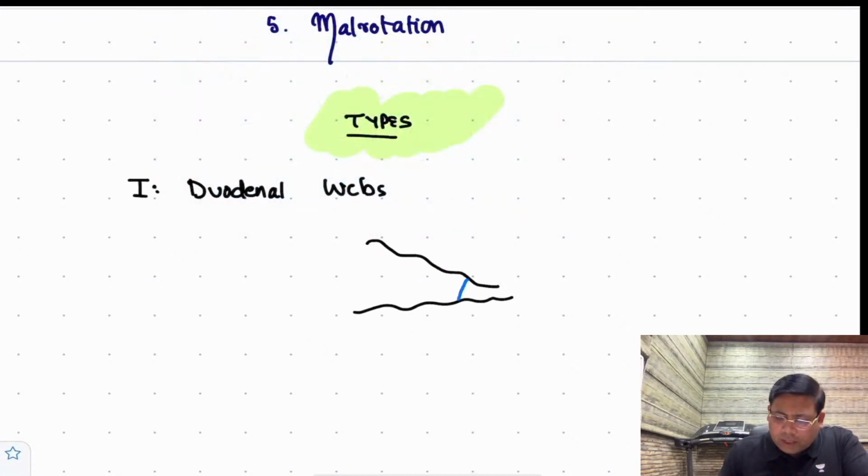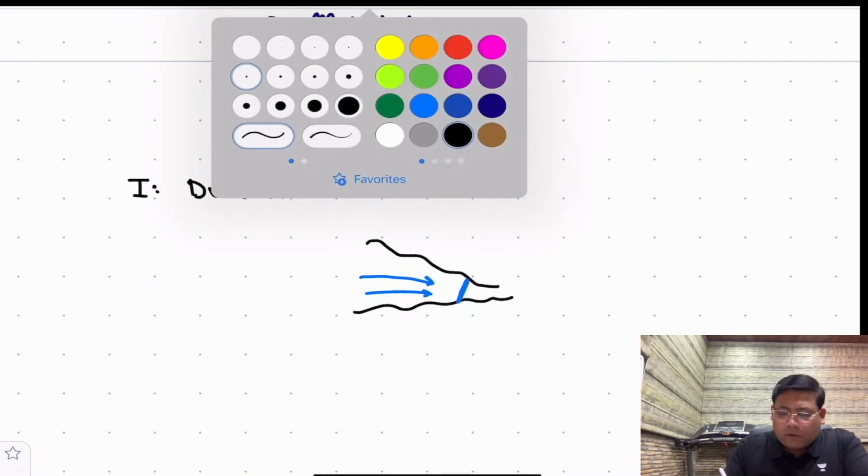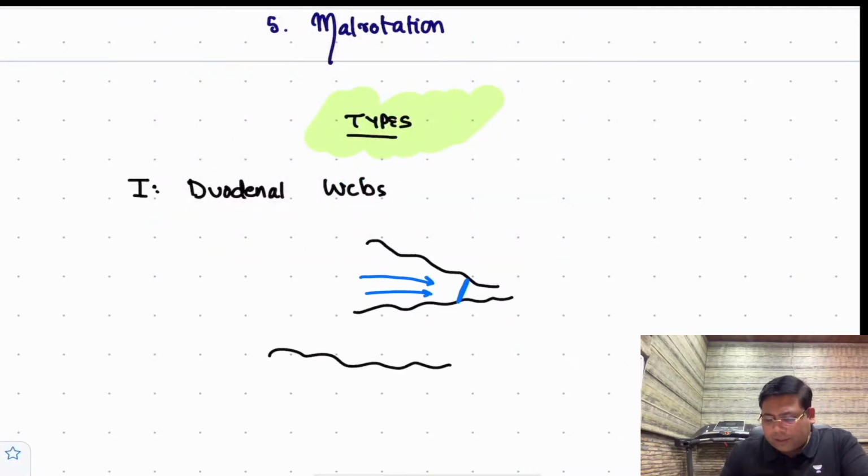Where you actually have a web present here. Now what happens when there is a web present? The gastric contents want to push themselves through the duodenum, but due to the presence of the web, they cannot, or there might be a hole also in this. So what happens? This is the atresia segment,